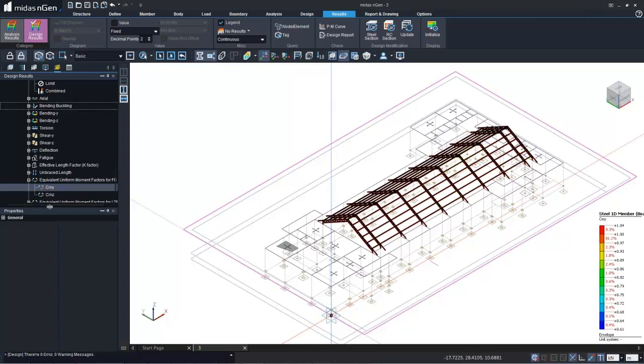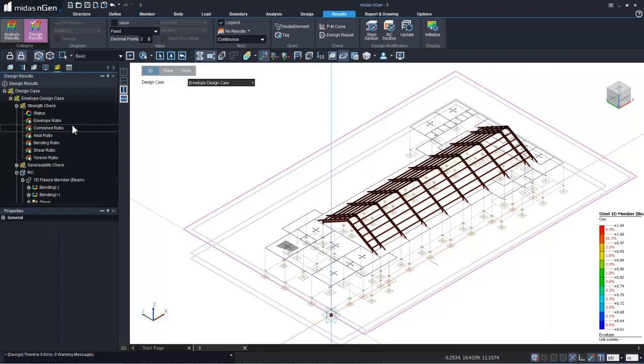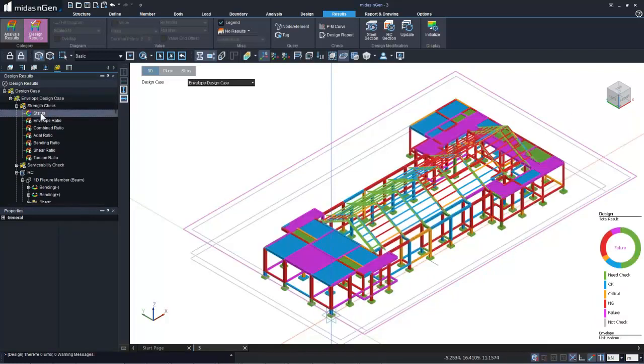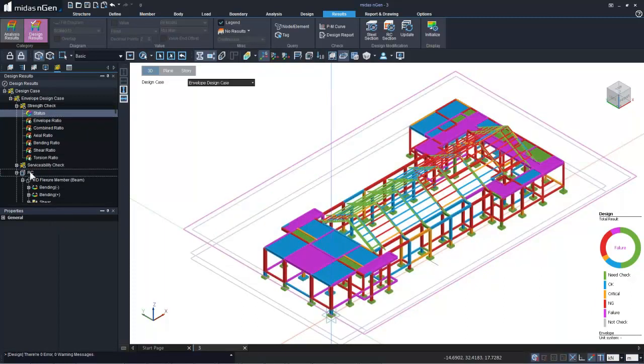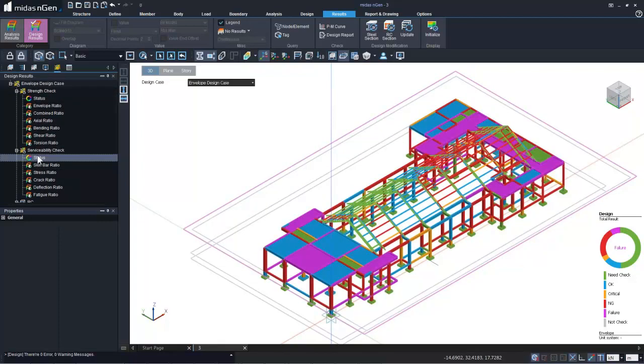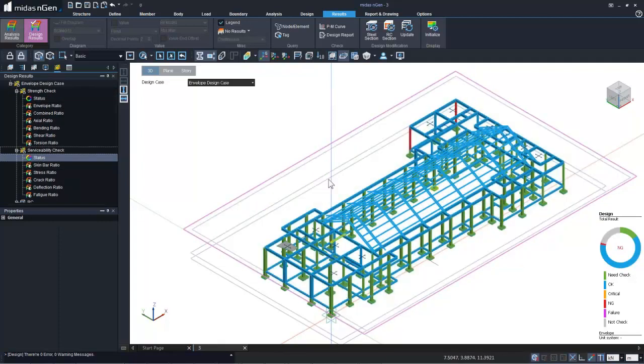I'll show again how we can get all the design results on the software, on the model itself. We first saw the status of the strength, that means which members are passing or failing with the help of colors. And further, the same thing can be checked when it comes to serviceability. This is a contour form which we can use to get the result very quickly. And further,